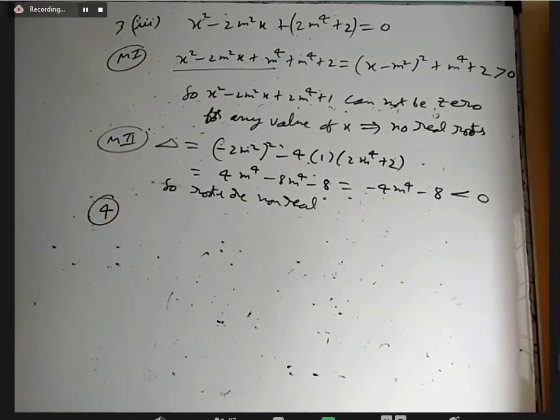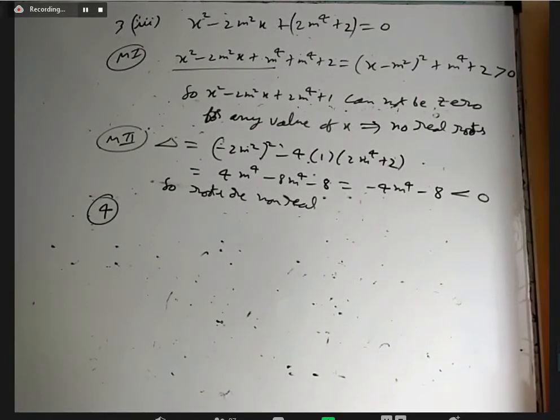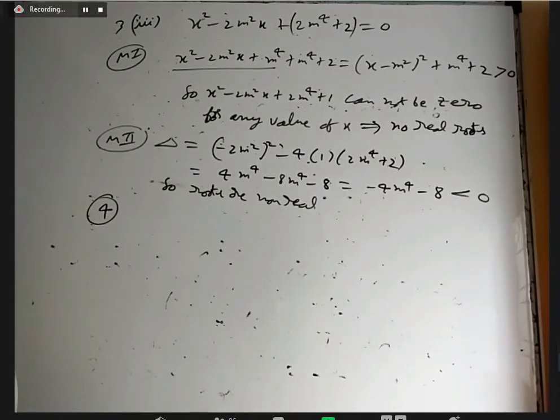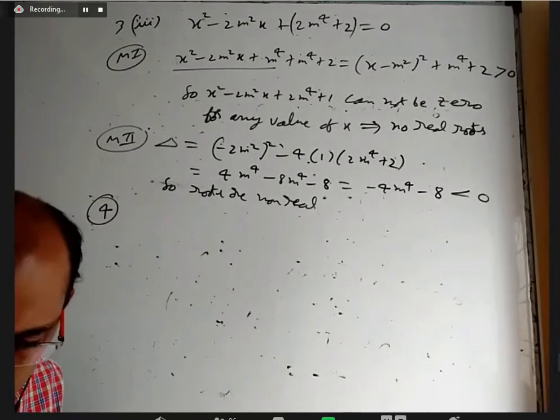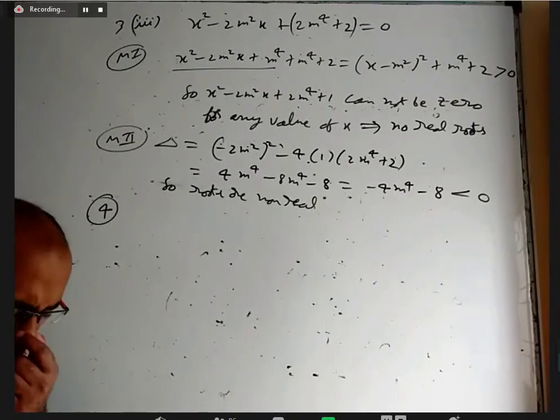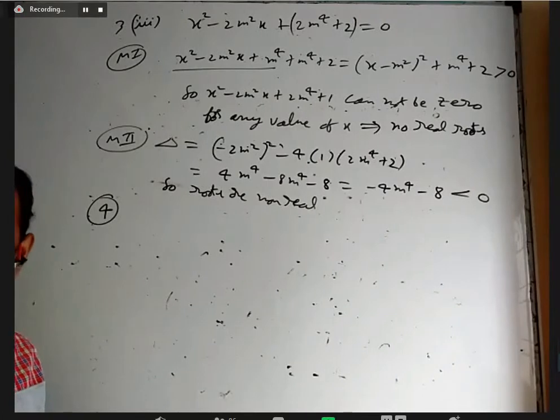Okay, within 4-1, some key parts are there. What is the question anyway? For each of the following equations, find the set of values of a for which the equation has real roots. Okay, this is quite nice. This involves a little bit of inequalities. They want real values, so delta should be greater than or equal to 0.